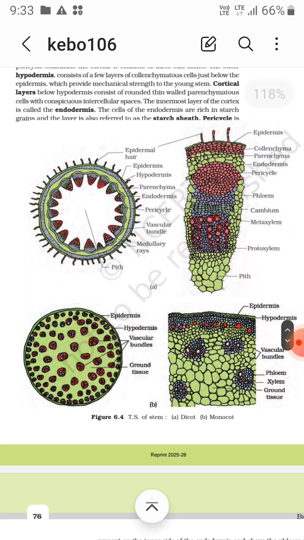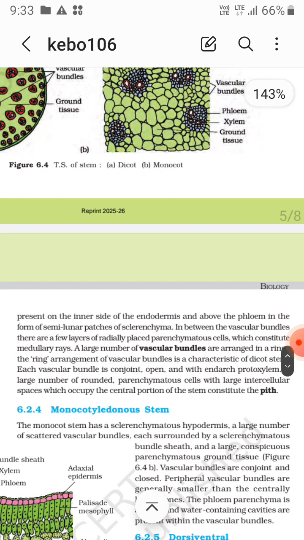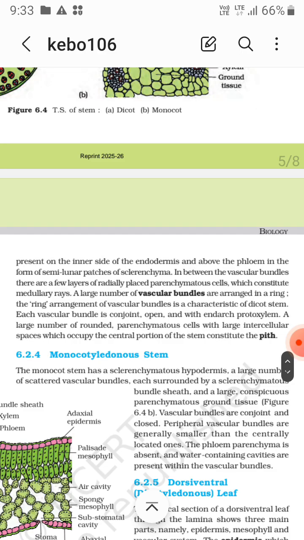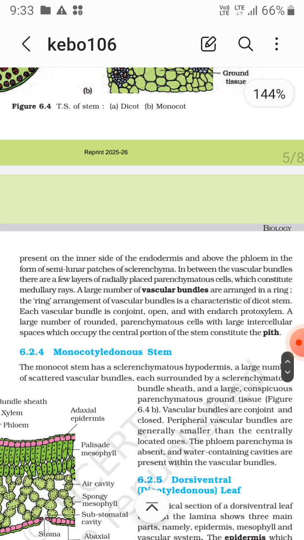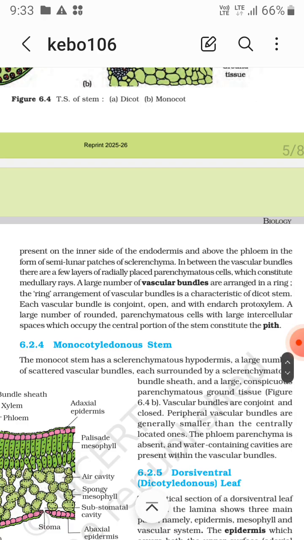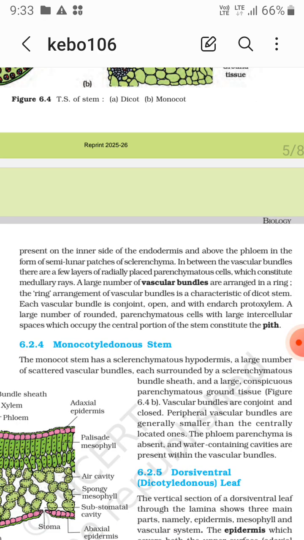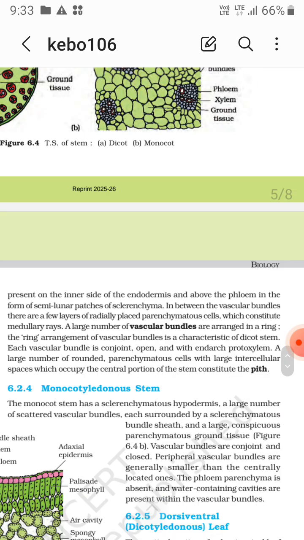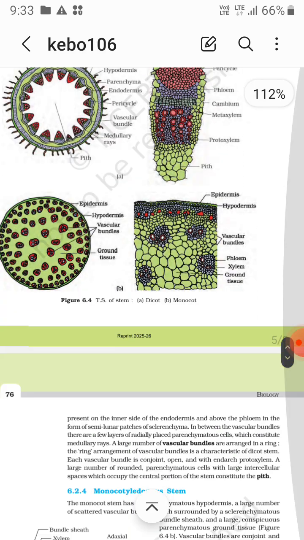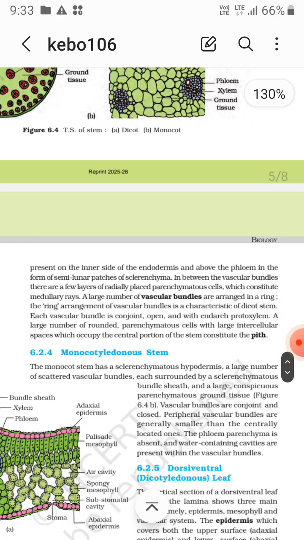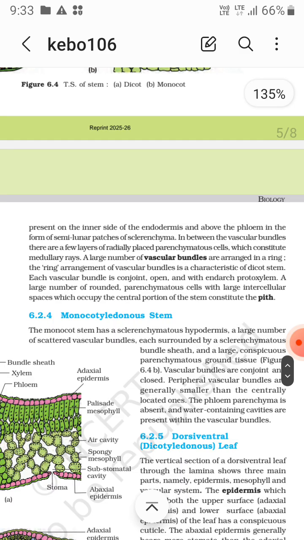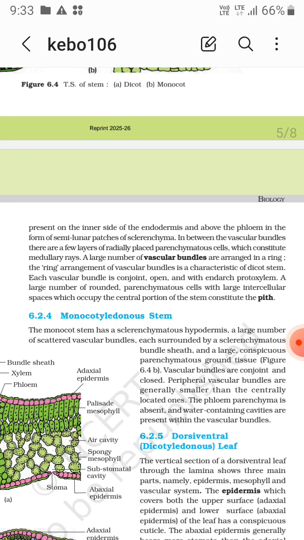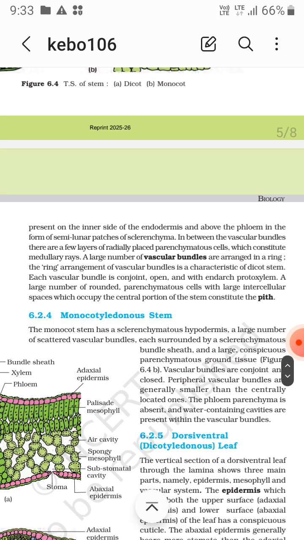Now, the pericycle is present on the inner side of the endodermis, above the phloem in the form of semilunar patches of sclerenchyma. Okay, I repeat it again. Pericycle is present on the inner side of the endodermis and above the phloem in the form of semilunar patches of sclerenchyma. In between the vascular bundles, there are a few layers of radially placed parenchymatous cells which constitute